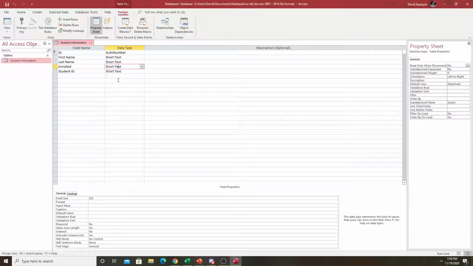So you can see these are all short text and it lets you change it. But it also gives you some other properties. Like for enrolled, I chose short text, but that's going to be a yes or a no, right? Instead of short text, which lets me manually type it in, I could make it with the lookup wizard, which will let me choose a value of either yes or no, and be quicker when entering data. But before I do that, let's also look at